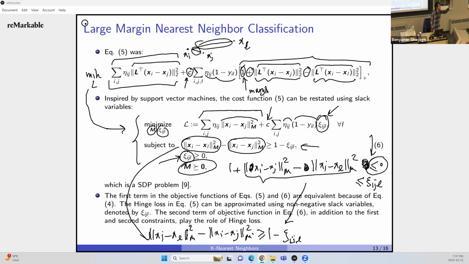So what do I mean? It becomes a very small positive number. So far clear? Come with me step by step. So zeta ijl is pushed towards 0. Okay. Now